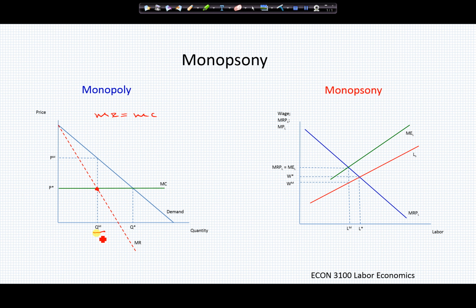And if we identify that quantity that the firm will produce, then to identify the price that the public will demand, or the public will pay for it, we then take that quantity and intersect it with the demand curve, and it's going to give us some price of monopoly. Well, recognize, of course, that price of monopoly is far greater than P star, which we think of as marginal